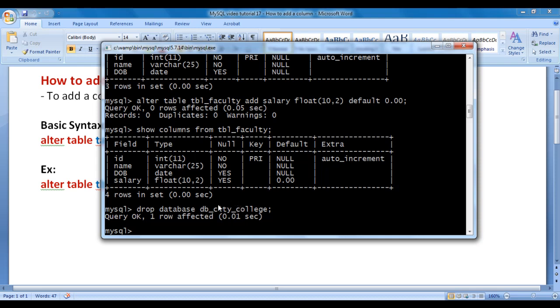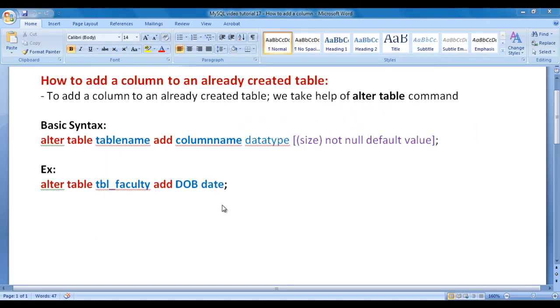And remember, if you delete the database, all the tables that you create inside the database are deleted, guys. So while deleting, you should make sure whether you want to delete a table or not, whether you want to delete a column or not, whether you want to delete a database or not. So you should be careful while using drop commands, guys. I want to exit from the MySQL console. I say here exit; I hit enter. You can see that the MySQL console is closed.